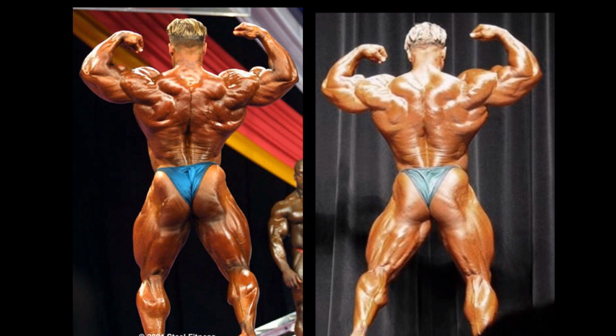And I do think 2001 is slightly more conditioned in those glutes. It is worth mentioning the hamstring perhaps looks a little bit more sliced and diced. Well, the left hamstring, but he's really not sticking that one out in 2001 Mr. Olympia. His overall silhouette, I have to lean slightly towards the Arnold Classic, but the hard graininess of those traps